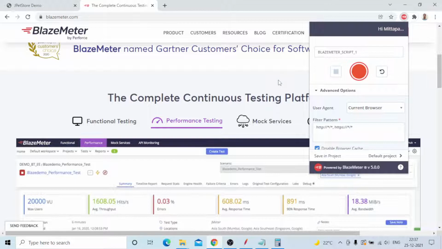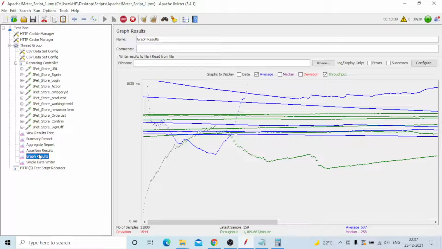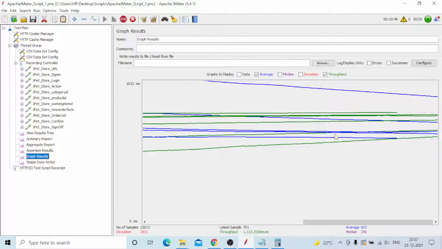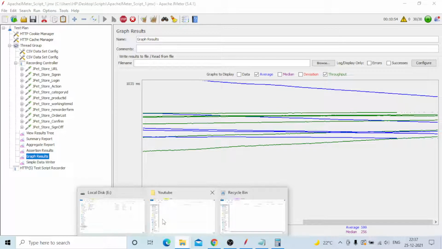Yeah, you can go to the test and see what is going on. Go to graph results. There are so many spikes coming and going, moving in parallel in the test. Yeah, 10 minutes done, remaining 20 minutes only. And you need to go to the report, guys. Where is iDrive? You can see it's automatically created, load test 1. Just open that one.